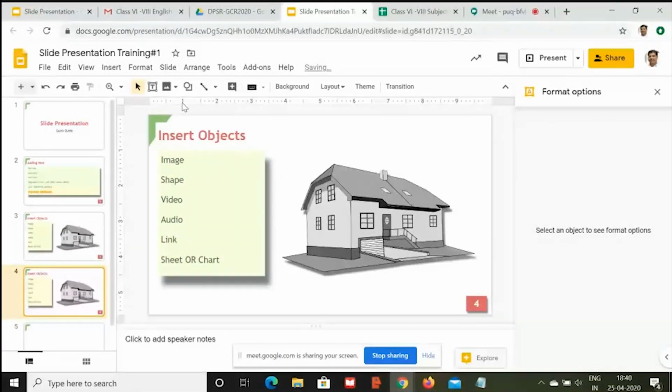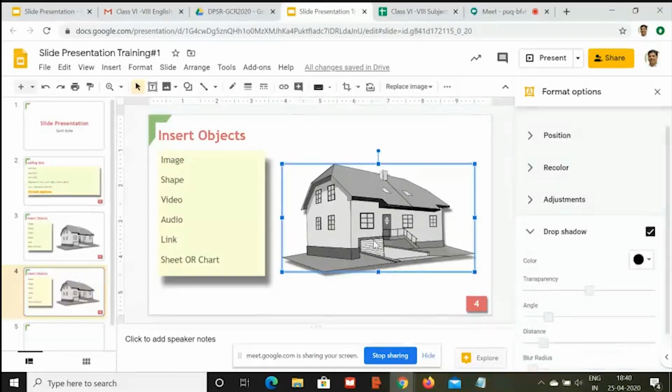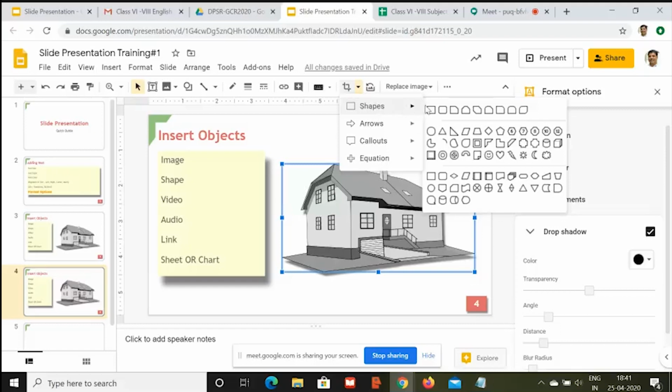So just look at this image, and I am interested in only the portion which is on the side of the house. So after selecting this, I'll just click over here, and here are my cropping tools, right? I can crop in any shape. If I want a cropping based on a circle, rectangle, triangle, I can select that shape and I can crop in that particular shape.